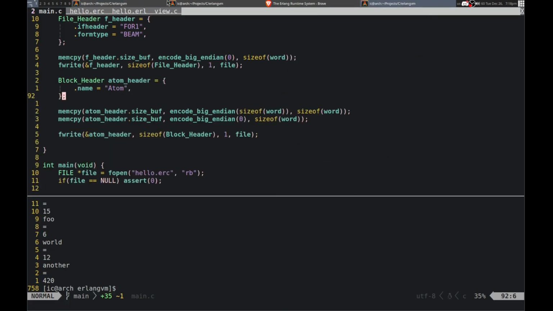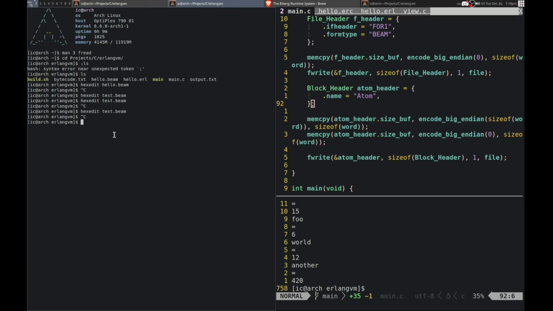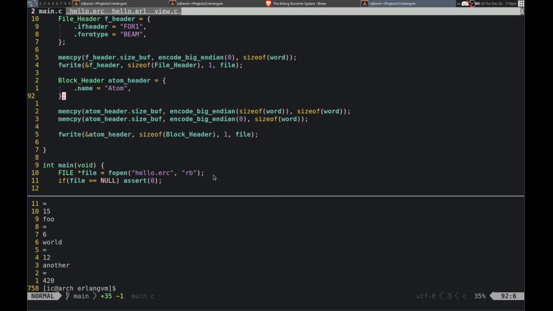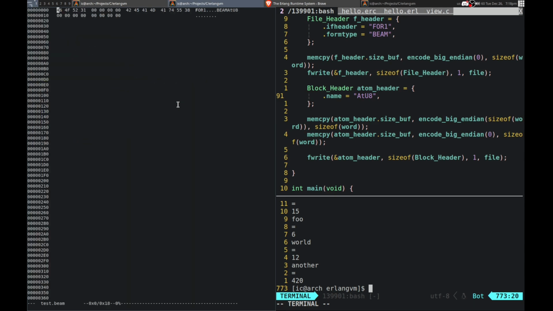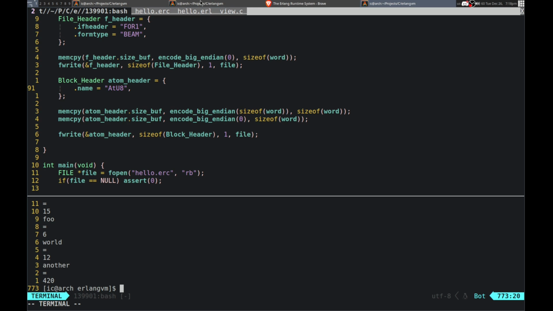Alright, so did that actually work then? Okay, we have beam, and then we have atom right after. So is that actually how it's supposed to work? Let me look at... Hold on, beam. Does it go... No, shoot, it's at U8. So that is actually what I wanted to do. At U8, because that is the one that was used. So something like that, and then I'll just overwrite it, and that's fine. Alright, at U8. There we go, perfect. So then we write it, and it's all 0. So, should be fine then.